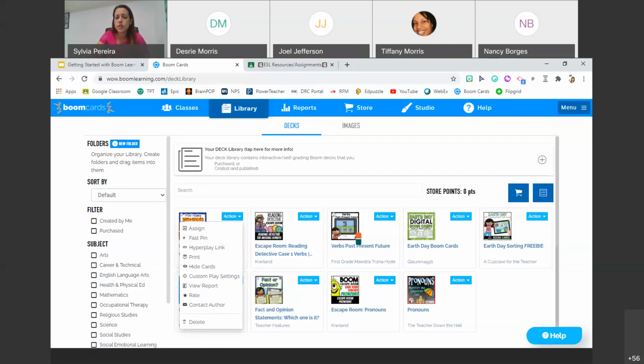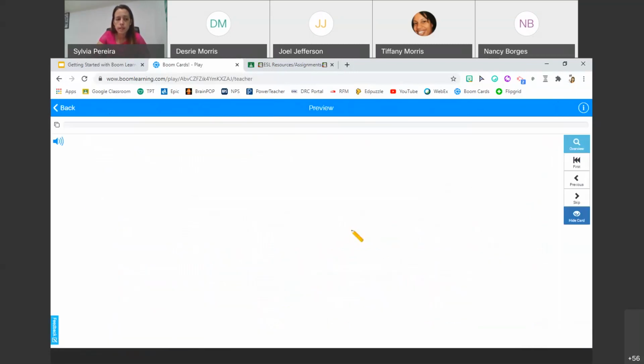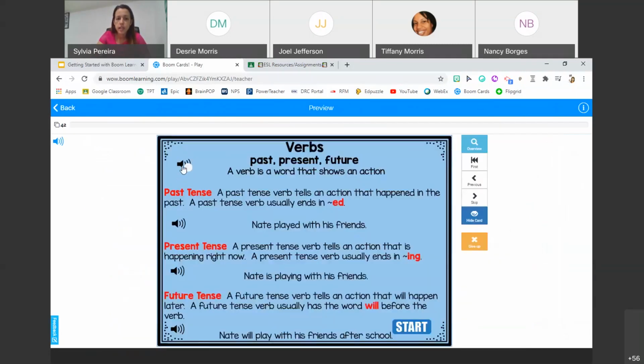And then for the little ones, even here on this deck, this one actually had, we'll learn about verbs. A verb is a word that shows an action. So they could actually hear, and it would read. If they pressed on here, there was voice. A past tense verb tells an action that happened in the past. A past tense verb usually ends in ed. So just to give you an example of